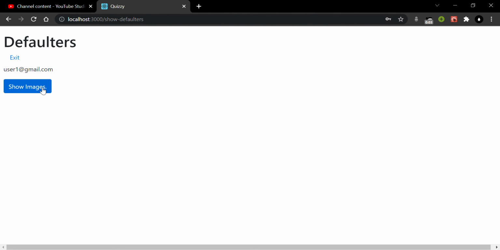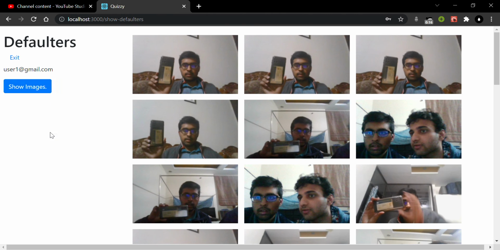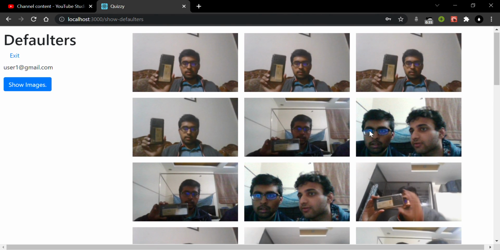Also, the main anti-proctoring feature that we have is this. Basically, the model will detect if the person is using a handset, that is a cell phone, or if more than one person is in the frame, then it will catch the violators, and every time it catches a violator, it will also show the images. This testing was done with me holding the cell phone in the frame in various orientations, and it is still able to catch the perpetrator. In this one you can see there is more than one face, so it will also consider that a violation.